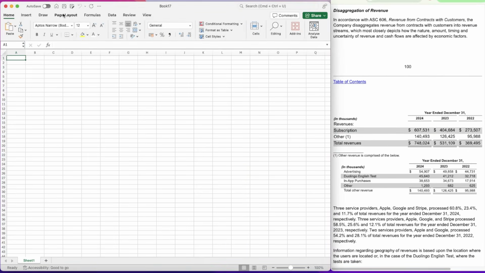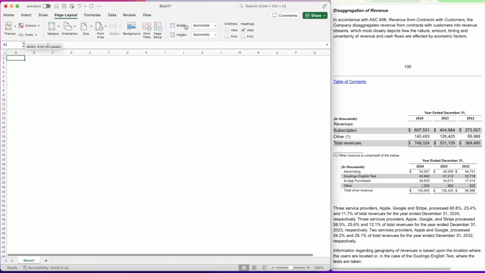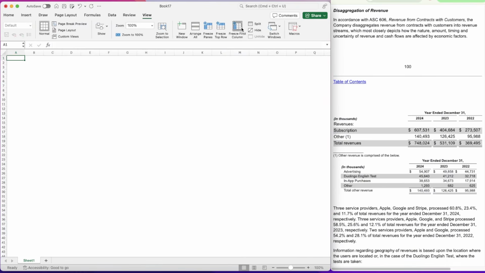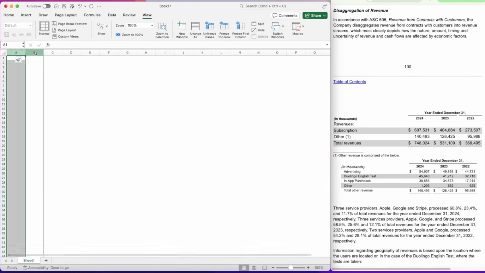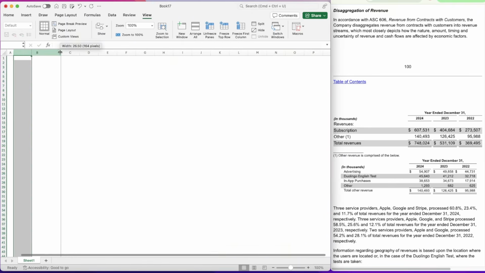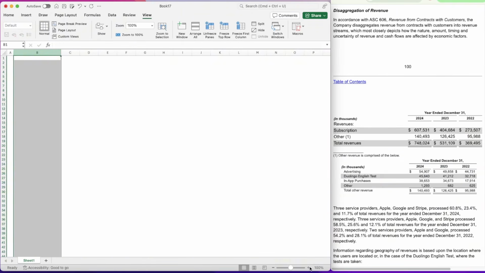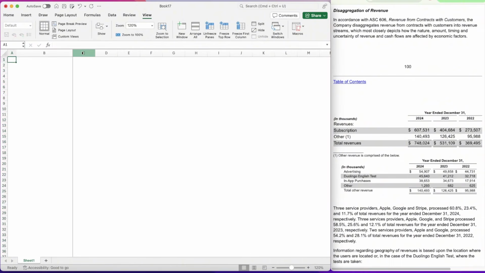Open up a fresh sheet, go to page layout, remove your grid lines, go view, freeze your first column, insert another column, make your A smaller, make your B column larger, and I'll zoom in a bit for you all. In cell A1, type DUOL. Now that's the ticker